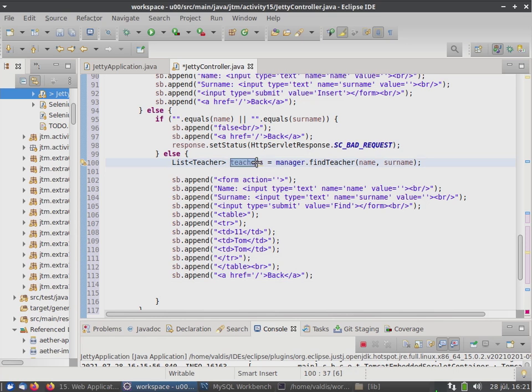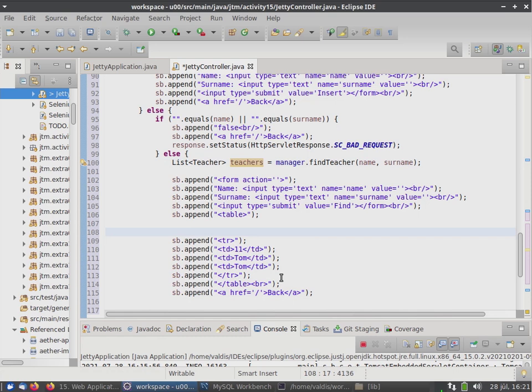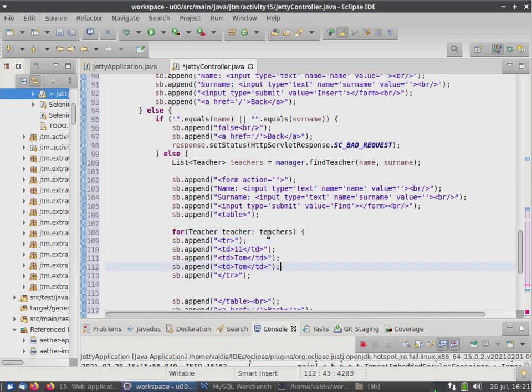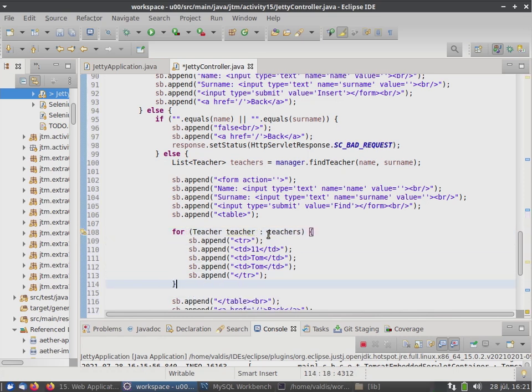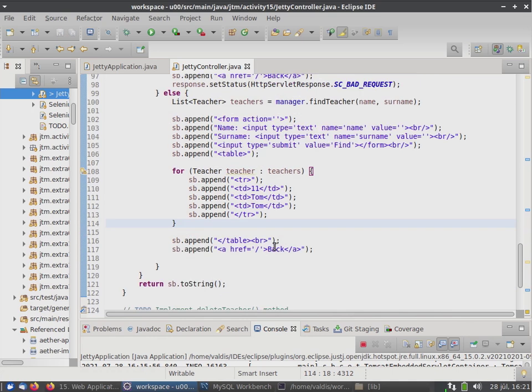And here we need to convert the collection of teachers into a nicely formatted table on the server side, in this particular case of course. So here we have to do a loop for teachers. We need to append a table row, and here we need to say